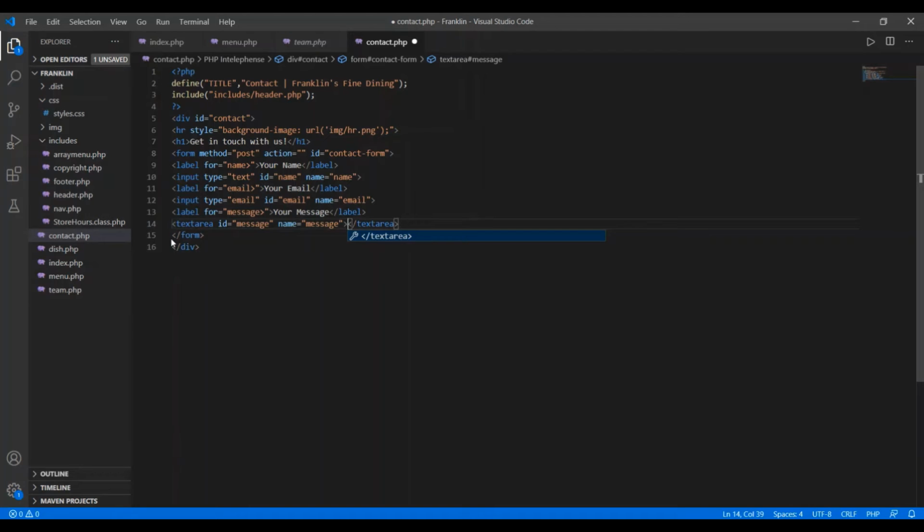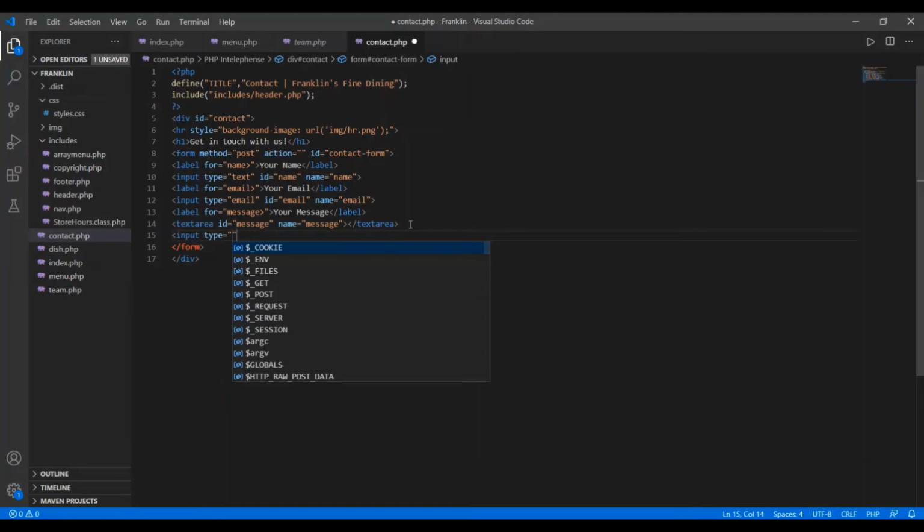We just got a mistake there. Okay, then here we have to choose input, then type.